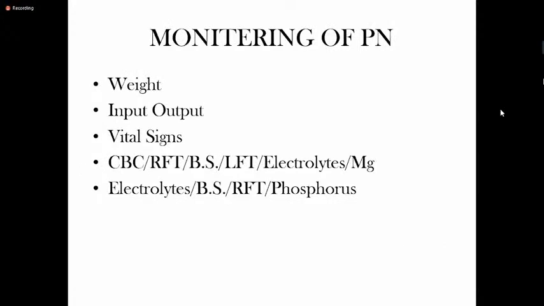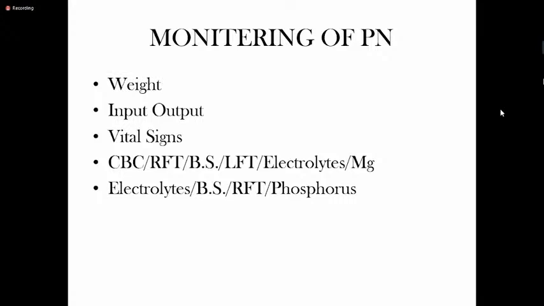How do we monitor? Now we have put this material into the vein. We are running a tube which contains a solution of our nutrients, and this nutrient is running 8 to 12 hours. How do we monitor these people? We monitor these people by making a daily weight chart or a weekly weight chart. We weigh them regularly, and we have an input-output chart. We know how much we put in the tube, and we know how much we get from the renal output,